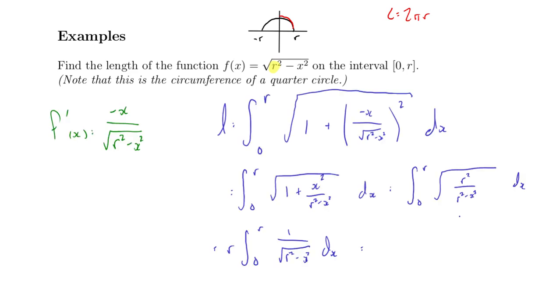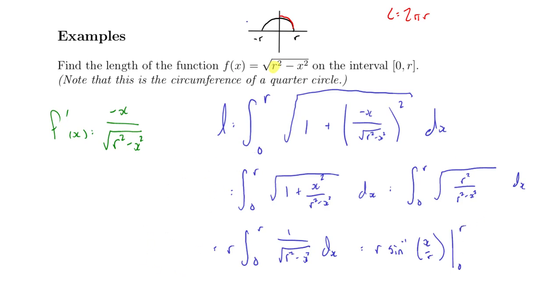All right, so hopefully we've caught up a little bit. Take a second and follow through if you want what I'm doing here. But once you plug everything in, you just have to do a little bit of algebra to kind of rewrite this in a nice way. It's kind of ugly, but if you combine fractions and then notice that you can square root the top and pull it right out and factor it, we end up with this nice form where when we anti-differentiate this, this is just sine inverse of x over r,